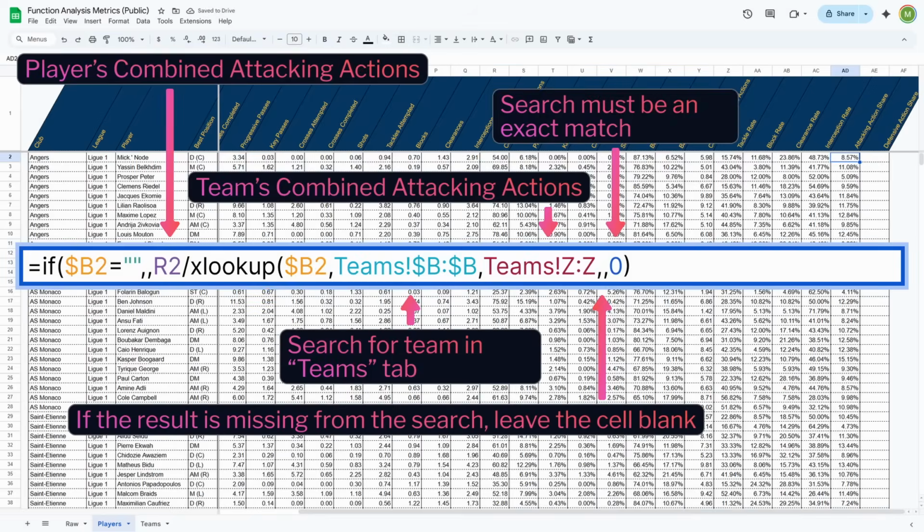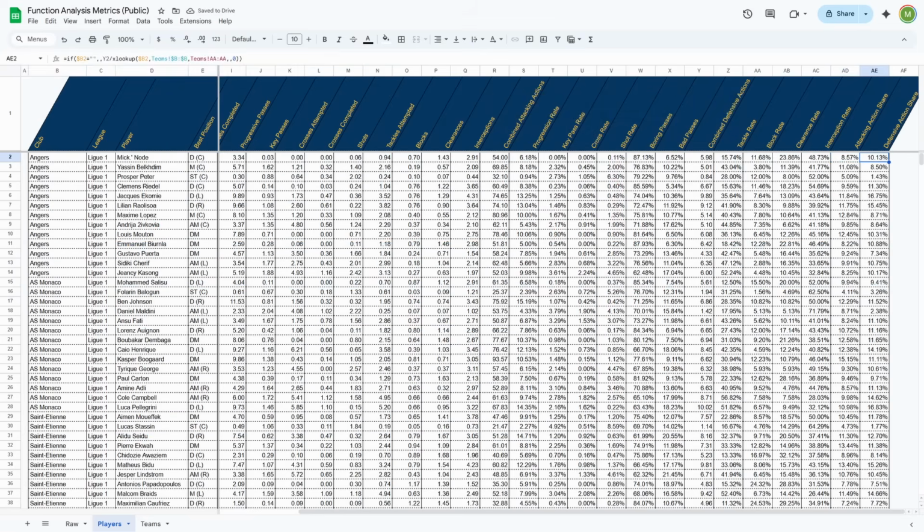For this, an XLOOKUP. We want to check the team name against the team column in the team tab, and return the value from the combined attacking actions column in the team tab. A blank field for if the value is missing, and 0 means the search looks for an exact match. And we'll do the same for defensive action share, ensuring that column changes to the combined defensive actions column in